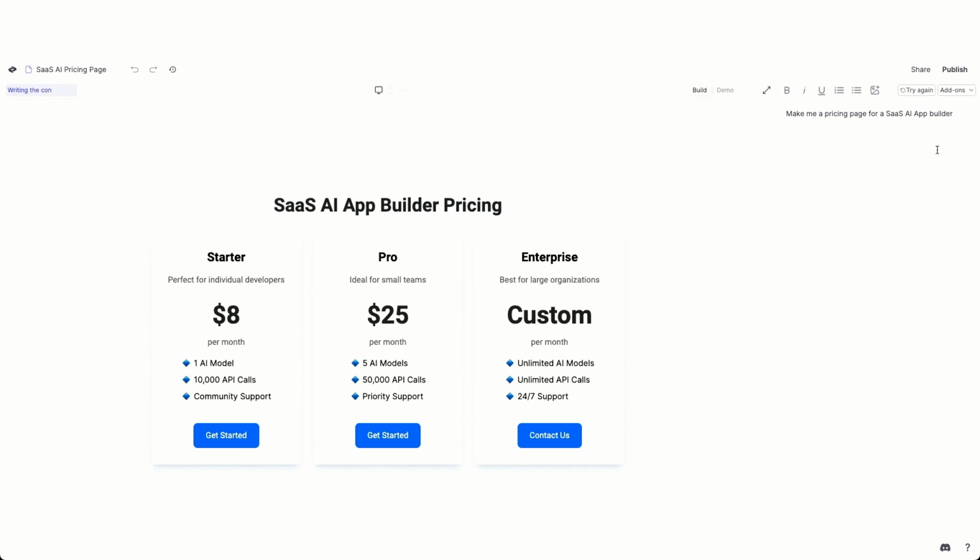But the cool thing is you can start to work with the LLM to actually build from here. So I'm like, this is kind of basic, but for my new version of the pricing page, I want a bit more stuff. So I'm going to say have the following sections. And